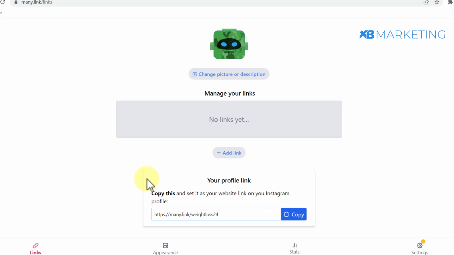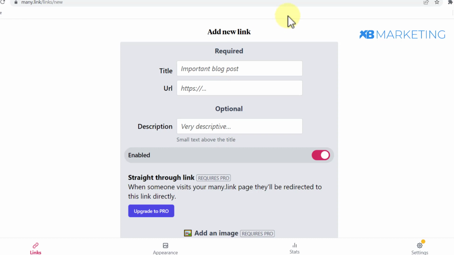So what you are going to do from here is pretty simple. All you just need to do is add a couple of links right here. So if I click on this add link right here, all right. So now the next thing you want to do from here, you want to go on to